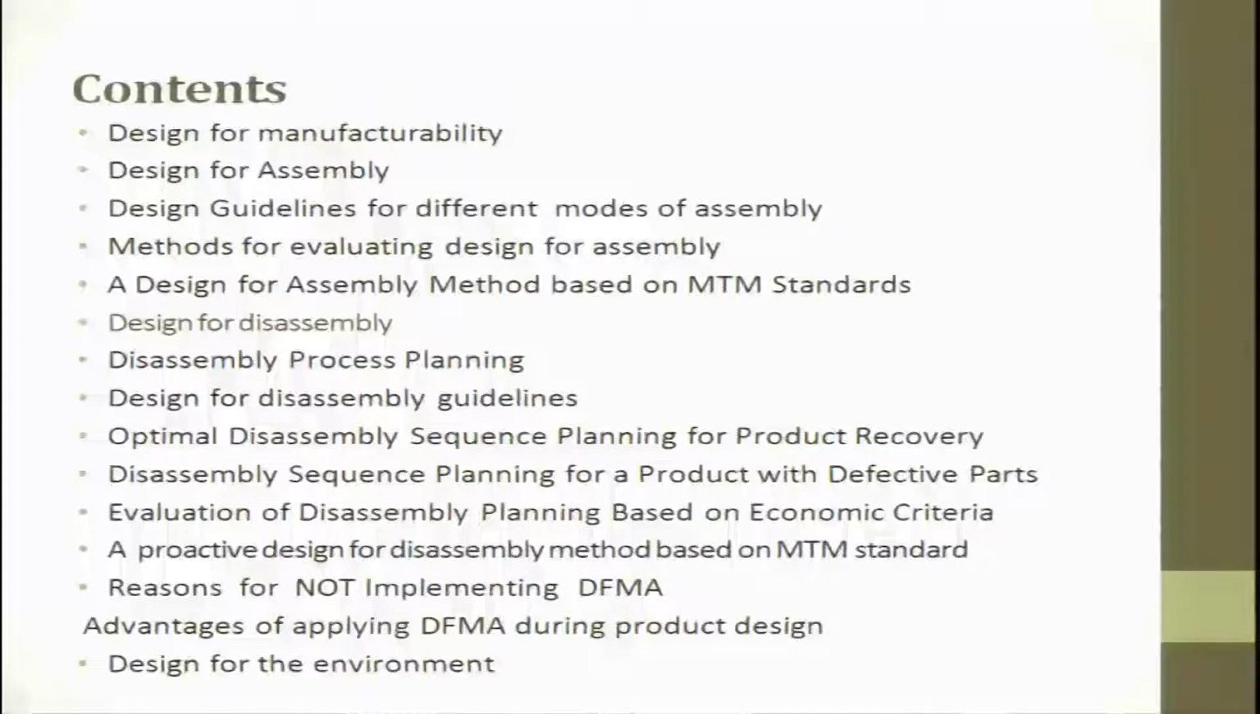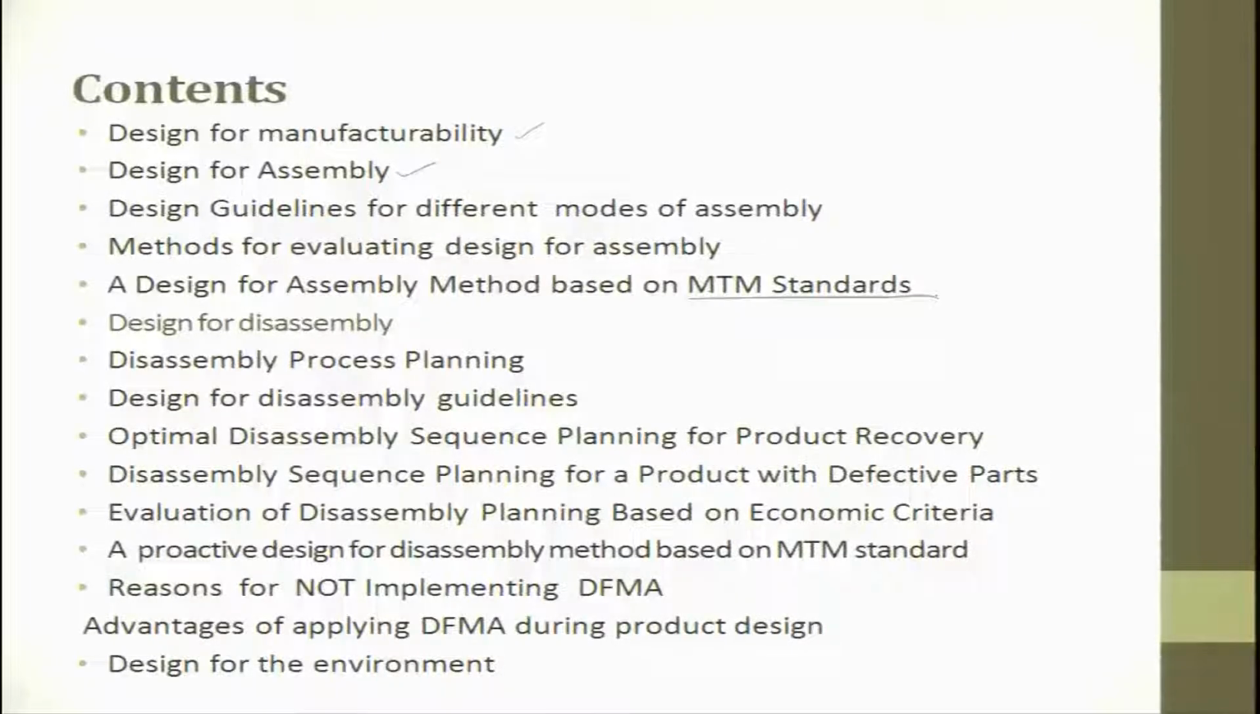Again, in assembly there are two types, one is permanent assembly and the other is temporary assembly. So, assembly plays a very important role. Now we will see more about design for assembly. Design for manufacturability we saw last class, then this time we will start looking into design for assembly, some guidelines for different modes of assembly, methods for evaluating design for assembly, design for assembly method based on